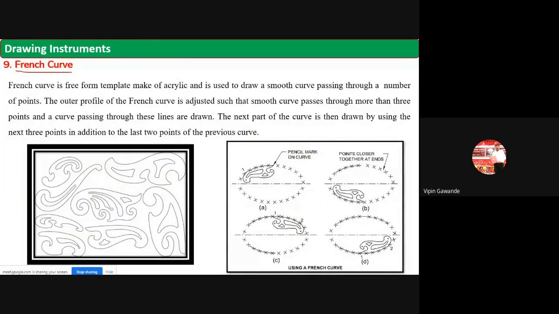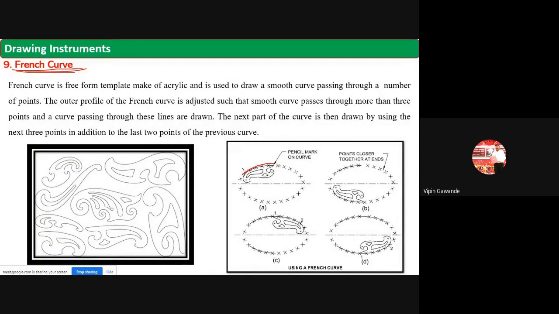We have seen the French curves. Now, what are the applications of the French curve? In constructions, we will get different points. We have to join these points by means of lines or by means of curves. So to join all these loci of points, we have to use the French curve. Using this French curve, when you place it, we'll get here 4 points on the French curve. So when you draw the line, we'll get such a type of curve.